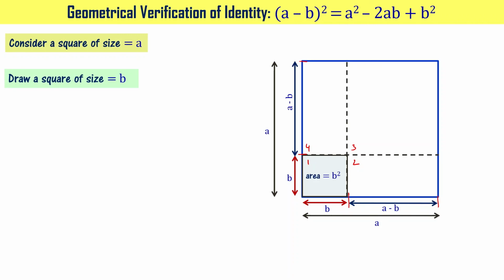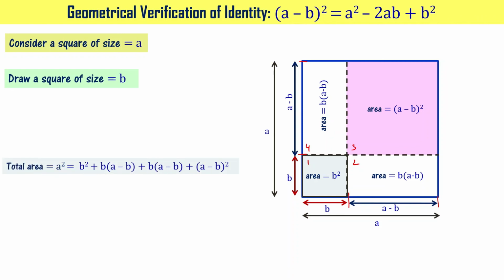Now the area of the small square is b square, and the area of the square in pink color is a minus b whole square, right? Area of the rectangle is going to be a minus b times b, or b times a minus b. Let's write that. Now the total area, we know the total area is a square, and at the same time